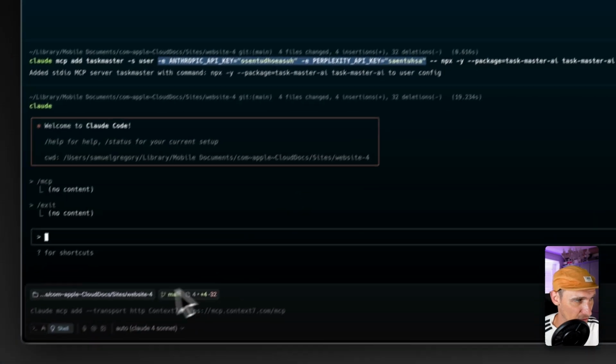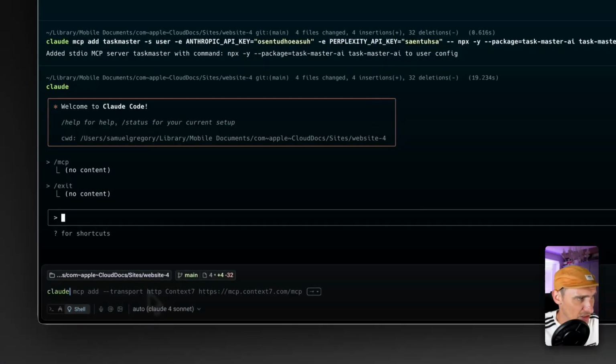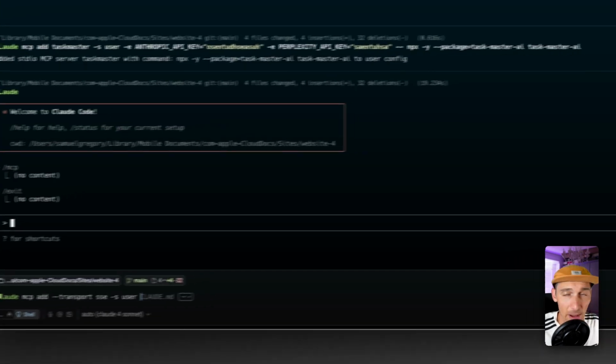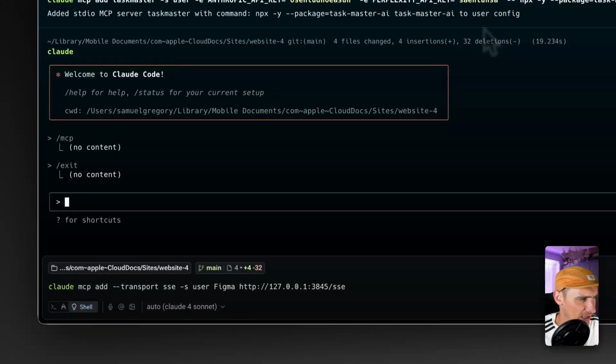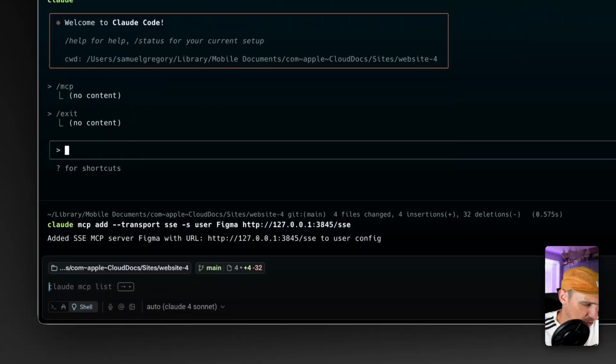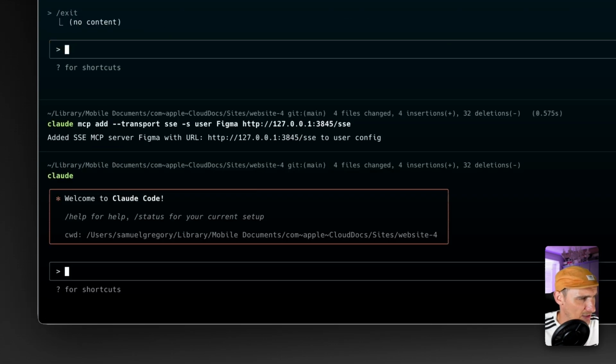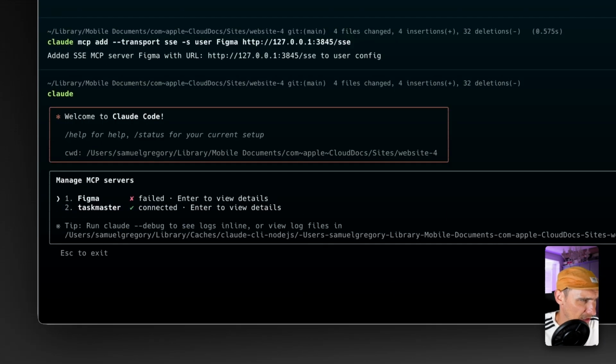So jumping back into our terminal here, we type Claude MCP add, and this time we pass in the transport flag, and we're going to type SSE as our transport value. Once again, if you want it to store locally to your project, you can just leave this blank, but once again, we're going to store this at the user level, and we're just going to name this Figma. And here is the URL that it needs. Copy that into our arguments here, press enter, should be installed, verify that inside of Claude Code, MCP, and